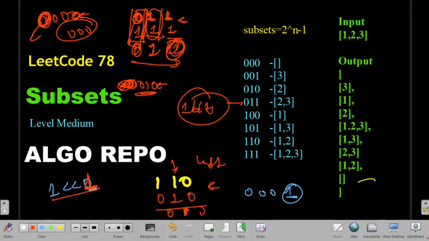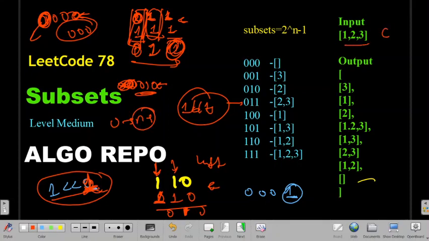In the same way, for here we'll do left shift 2. So this is the way we'll do it. I have to do this till my number 1 reaches here. So for that we'll do left shift from 0 to n minus 1. We have n equals 3 here, so we'll do left shift from 0 to only 2, right?